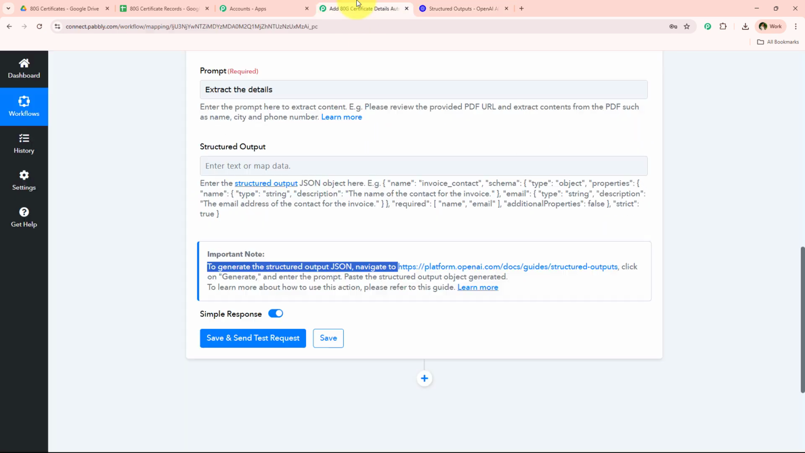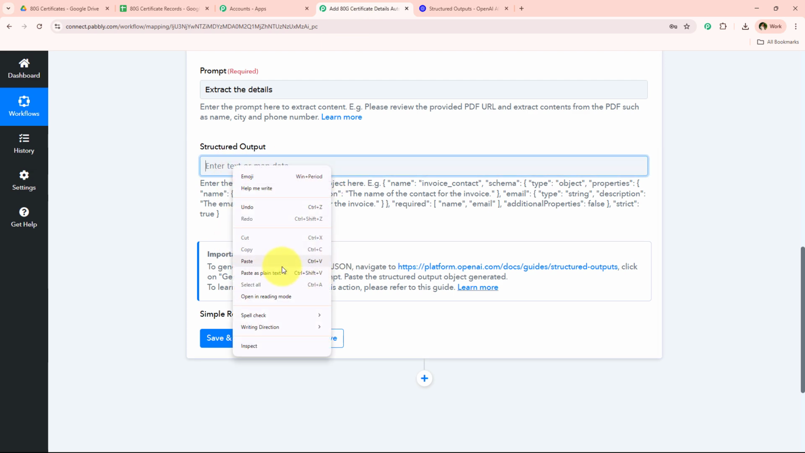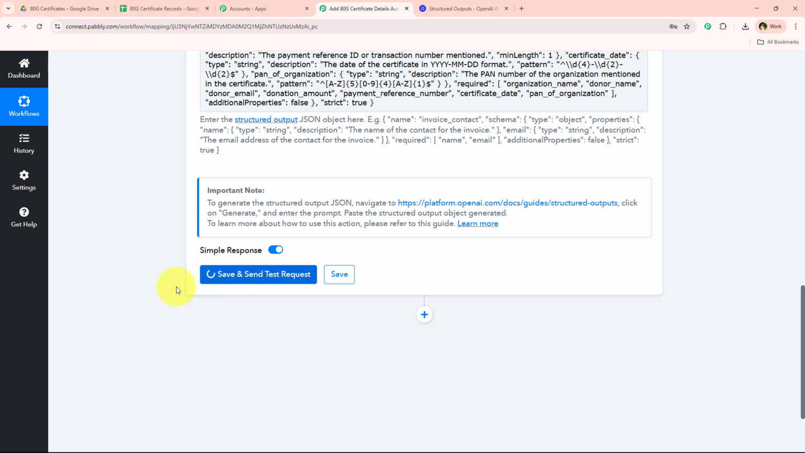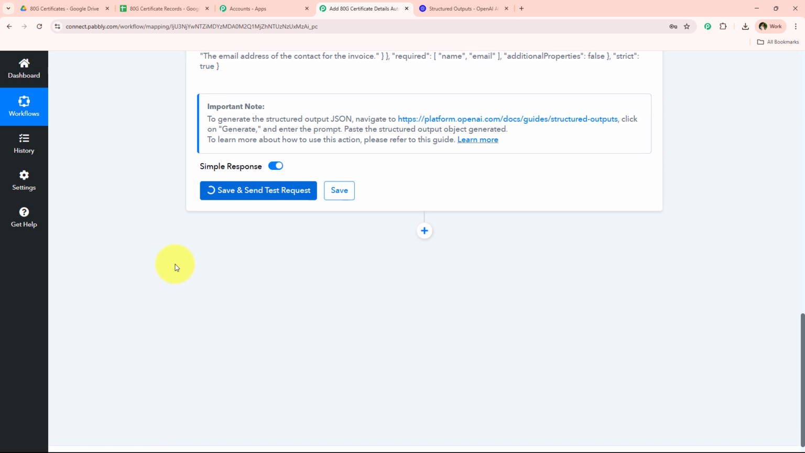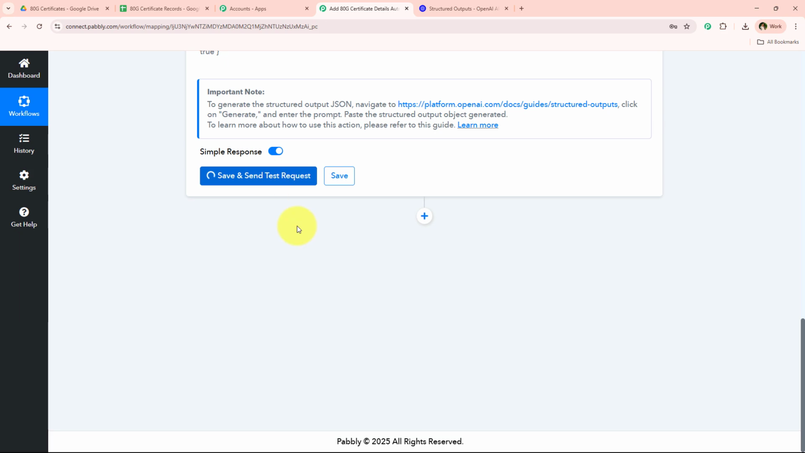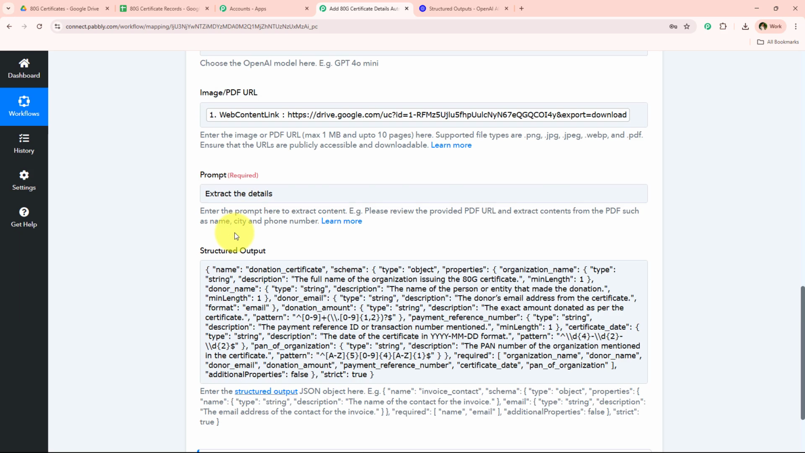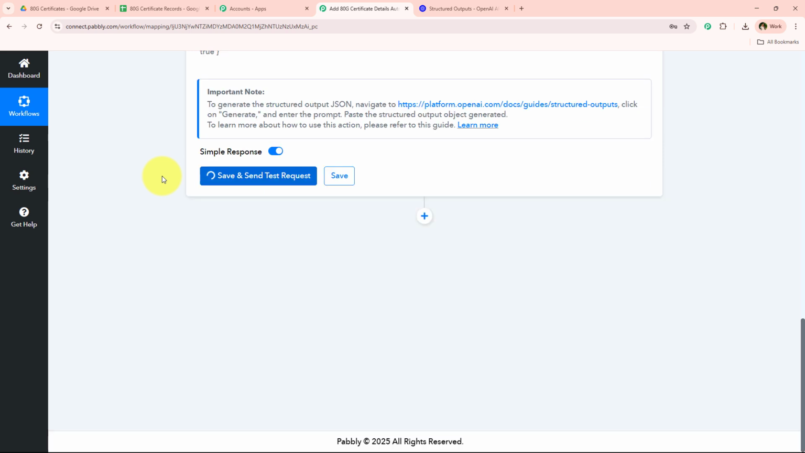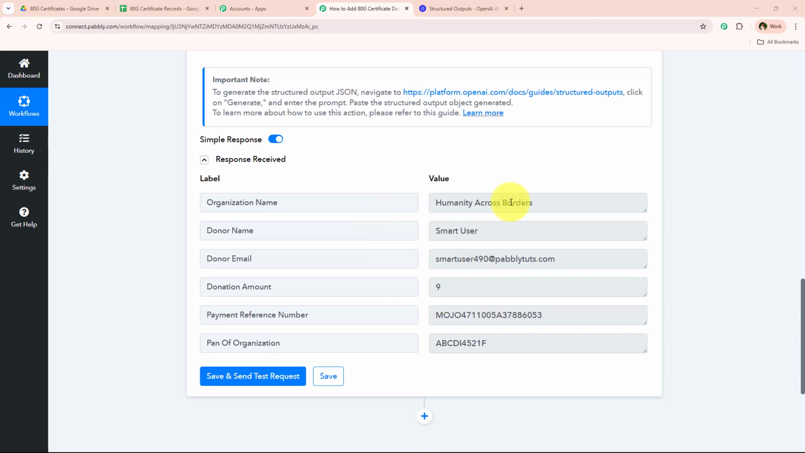So I'm simply going to copy it and paste it right over here in the structured output field. And after pasting this, I'm simply going to click on this button which says save and send as request. And once I click on this, Pabbly is going to extract the details from this document and give it to me right over here as the response. So as you can see that we have received the response, and over here we have received all the details,